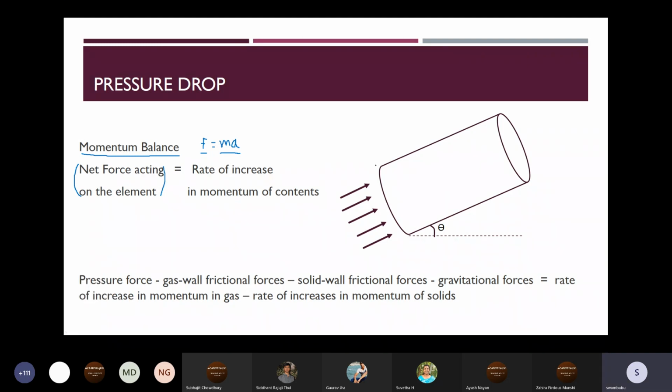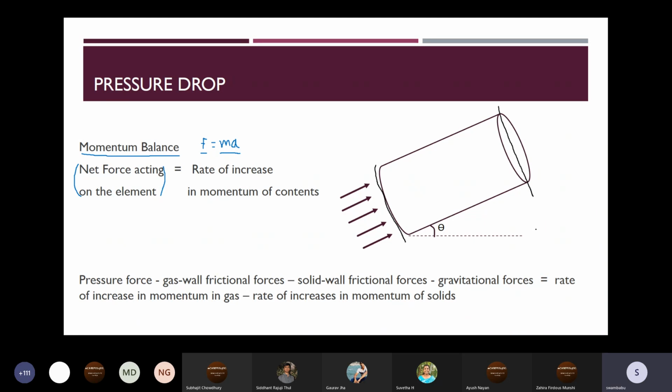Pressure at the inlet, and pressure at the outlet. The difference between these two will be the overall pressure drop. So whenever we want to find the overall pressure drop,